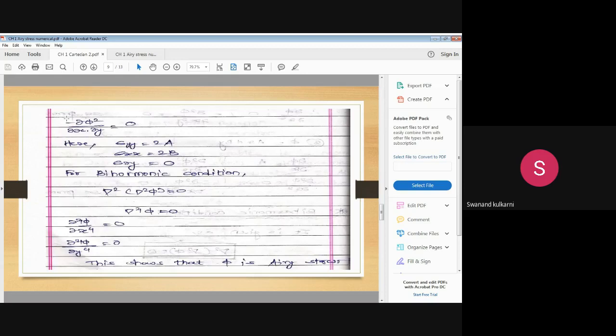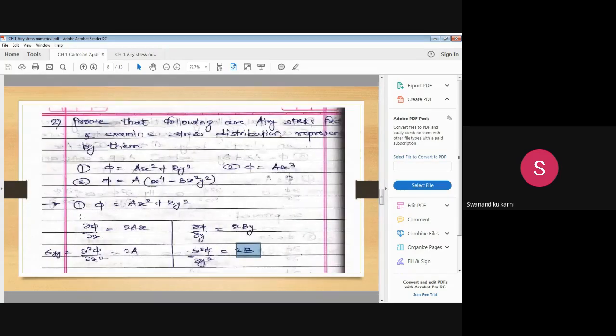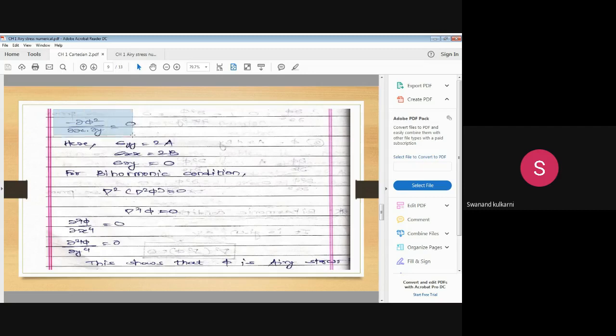Is it okay? Similarly, now if we differentiate dou phi by dou x with respect to y, this term will be regarded as a constant with reference to y. So that's why dou 2 phi by dou x dou y will become equal to 0. Is it okay? So we can understand this term here. If we write all the results cumulatively, then the stress along the y-axis is 2a, the stress along the x-axis is 2b, and the shear stress is equal to 0. So these are the stress values.